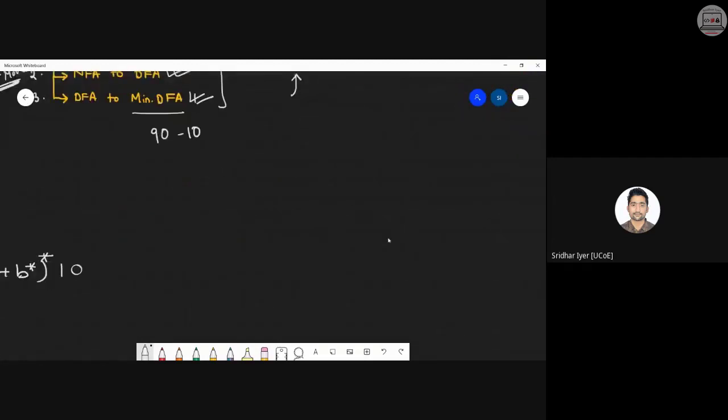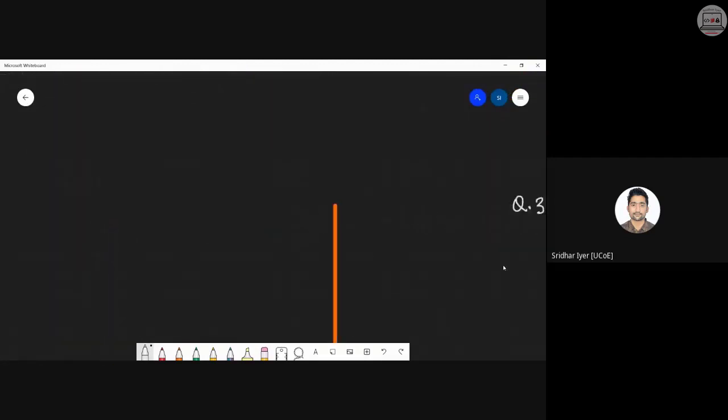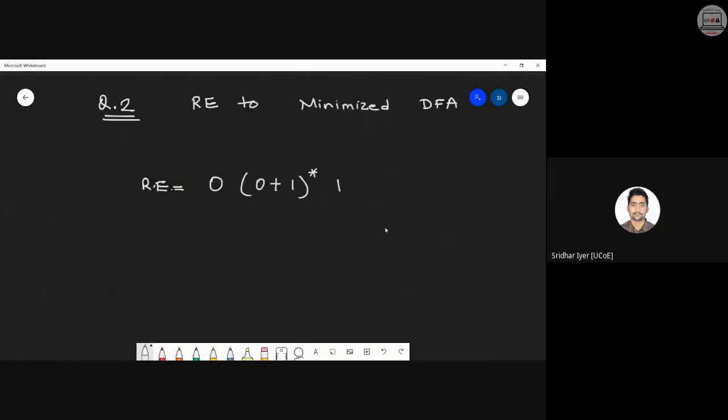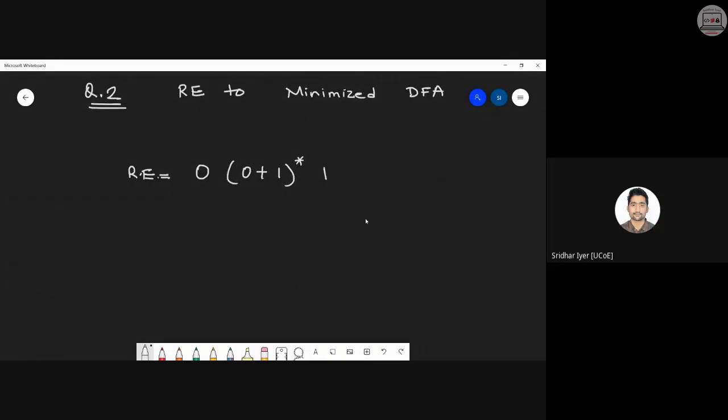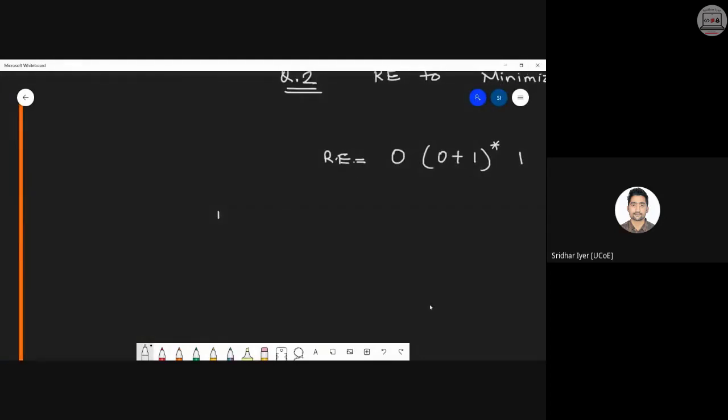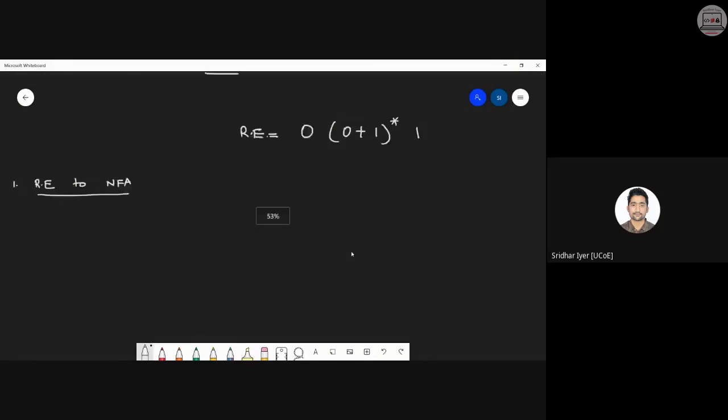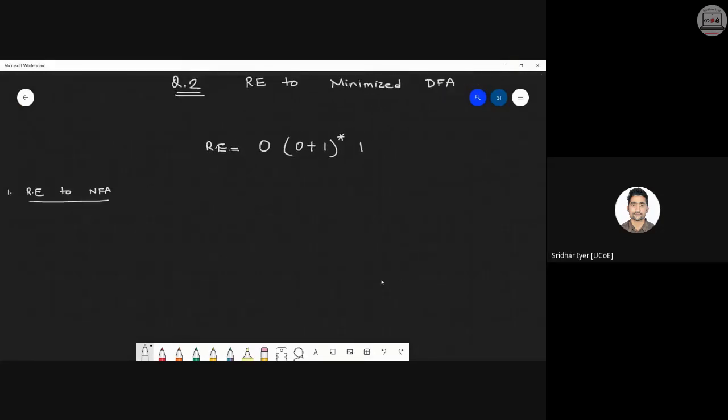We are going to solve three problems. So this is our very first problem. We need to convert this into a minimized DFA. So if you are aware of the initial steps, we need to convert this, first of all, RE to FA, right? So this is an RE given to you. You need to convert this regular expression into an NFA. Okay. Step number one, RE to NFA, right? So now you are well aware of how to convert a regular expression into a non-deterministic finite automaton. So simply start on with your actual process.